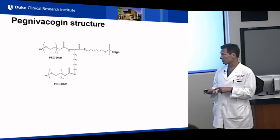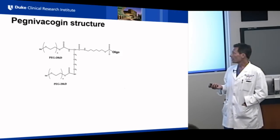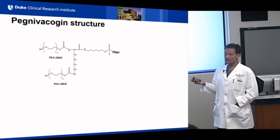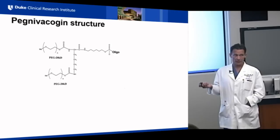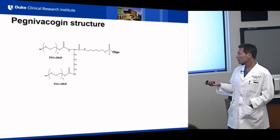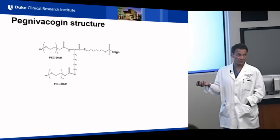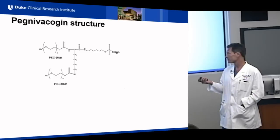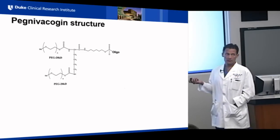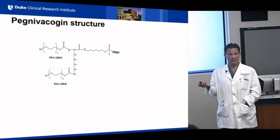The PEG component there is to extend the half-life and keep it in the intravascular space. There's reason to think that neither of these should be very immunogenic. Regatta did an extensive safety evaluation after RaDaR. Oligonucleotides themselves are not immunogenic, and PEG by itself is supposed to be actually immunoprotective. But there was a signal in RaDaR that all 3 of the patients who had serious allergic events also happened